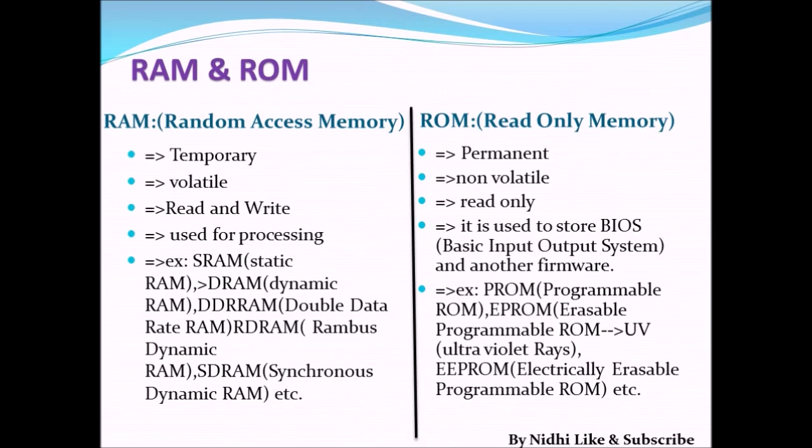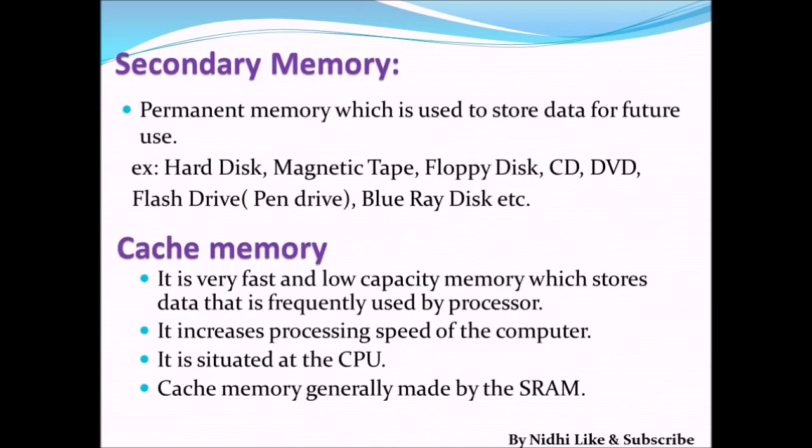Next memory is secondary memory. It is a permanent memory, or you can relate it with the hard disk of a computer. So if your hard disk is bigger, then you can save more data on it. Or it is similar to the SD card of a phone. Whatever app you are opening, that app is open in RAM, and if you have saved it, then it will go to your memory card or internal space of your mobile. Pen drive and Blu-ray disc come under the category of secondary memory, and it is also known as permanent memory.